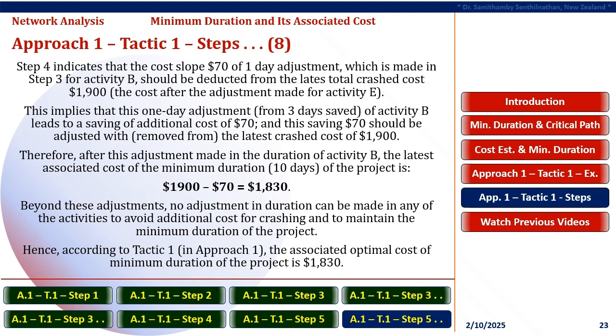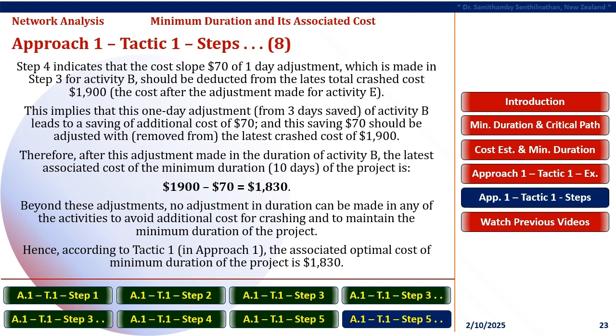This implies that this 1 day adjustment, from 3 days saved, of activity B leads to a saving of additional cost of $70. And this saving of $70 should be adjusted with the latest crashed cost of $1,900. Therefore, after this adjustment made in the duration of activity B, the latest associated cost of the minimum duration of 10 days of the project is $1,900 minus $70 equals